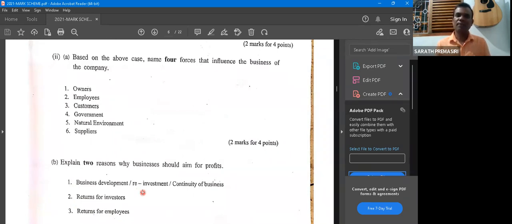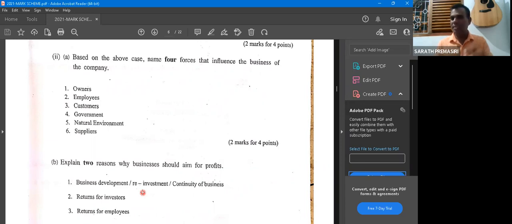And then the other one is, you see, the investors invest their money in a business with the intention of earning something, earning a return to the investment. Even I am doing this class with the intention of earning. I should have a return. In the same way, businesses need return. Return in the sense that you see something for the investment, so that businesses earn profit with the intention of getting a kind of return.